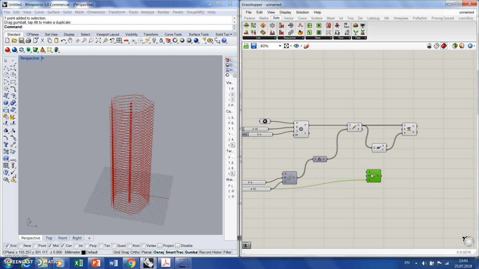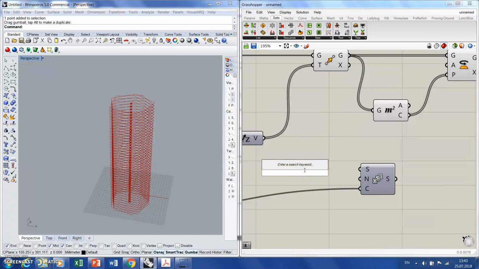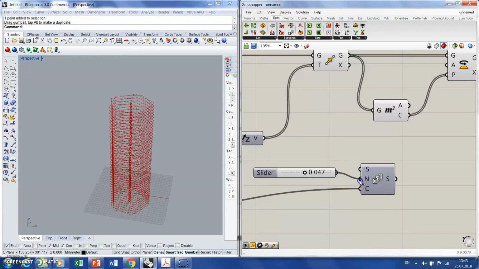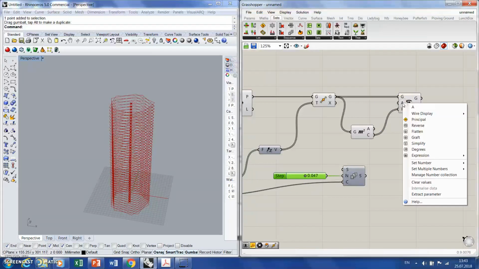Then port N defines the step size for each number. It's written here. We'll keep it very low. Let's say something really below 0 this time, and I will explain why. So let's go to here. To avoid manipulations with the angle, because just so you keep it in mind, in this version of